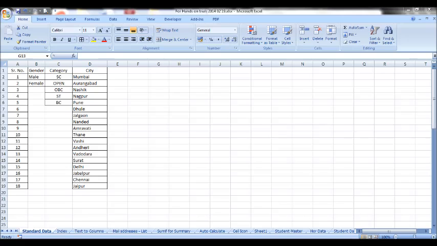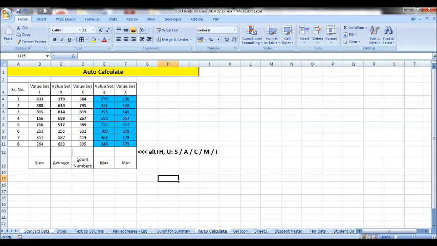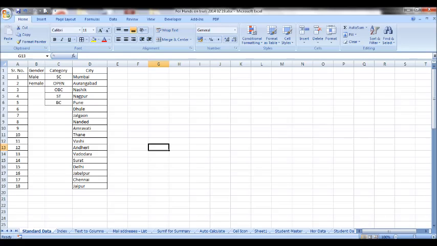Let's learn naming a range or naming a list in Excel. Many times it happens that a few of the lists might be required day to day or very frequently. In that case, if a standard list is created, we go to that specific sheet, select, copy and paste wherever required. But in such cases, we have to scroll through different worksheets like this to identify a list, or if we know the list, then we directly go to a specific sheet.